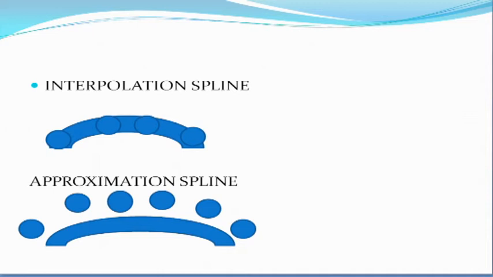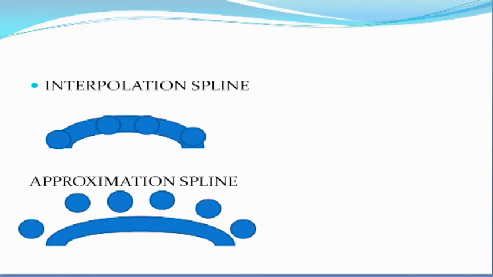But when the given control points are placed above, below, or maybe on the right side or the left side of the curve, and the curve is drawn using some approximation distance between the given pixel points and the curve, this is known as an approximation spline. That means in interpolation the curve is drawn using control points that lie on it, but in this case the curve is drawn using some approximation distance between the pixel points and the given curve.